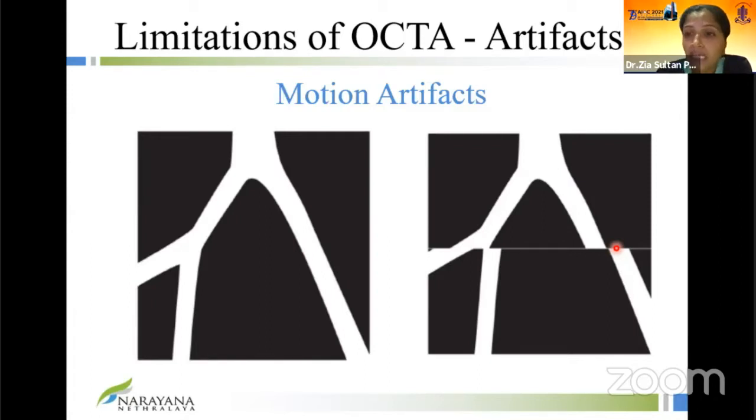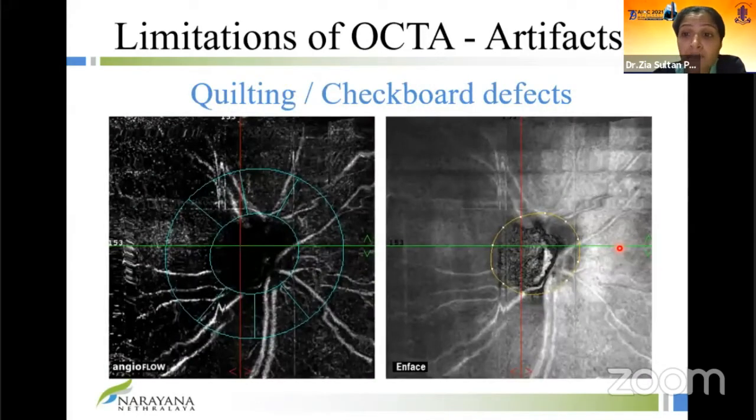But if it comes anywhere within your area of interest, you can't use the vessel density because of the artifact. Now, sometimes because of microsaccades, this can be a big problem, especially in advanced glaucoma. So a lot of the time you get this kind of defect called the checkerboard defect, which has these checks or a quilt pattern. This is because the microsaccades cause high variability, with vertical and horizontal lines across. And these are images that you just cannot use.